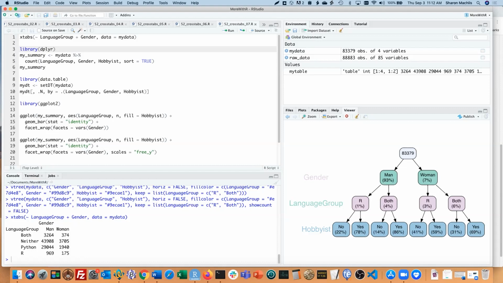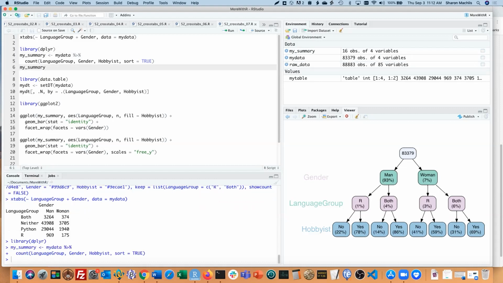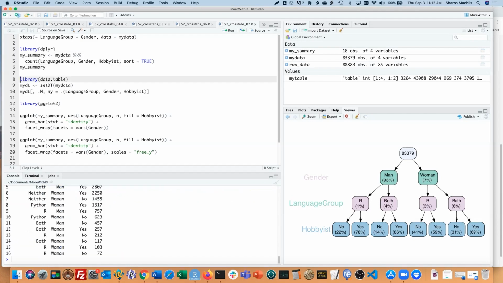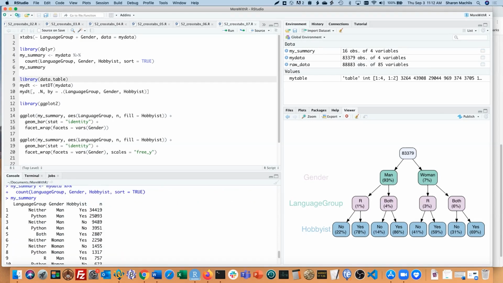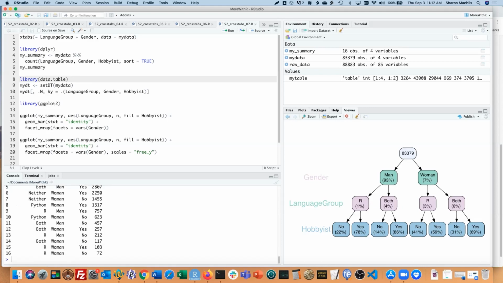In the first dplyr code group, I use dplyr's count function. It combines group_by and count rows in each group into a single function. Load dplyr, run the code, and here's what that looks like. Again, it's in the bottom left.